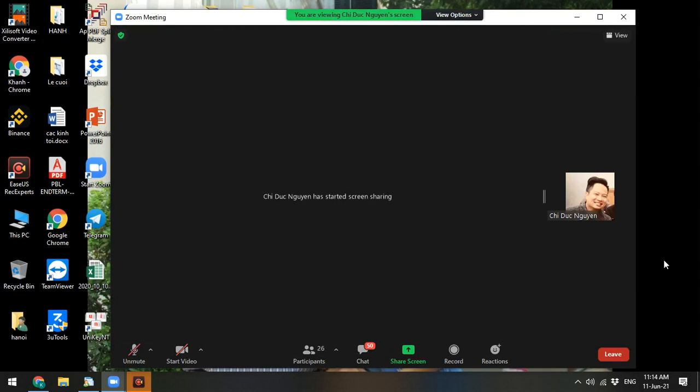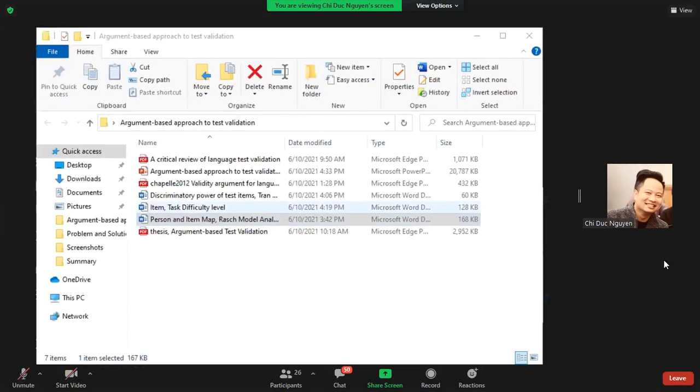And now we are going to look at the item and task difficulty levels here. So here is a list of items. Items go all the way from 1 to 35, and they are arranged according to the difficulty level. As we can see from the previous map, item number 10 is the most challenging one, and items number 2 and 4 are the easiest ones. And here is the difficulty level measured by logit units. Yeah, the more logit units you have, the more